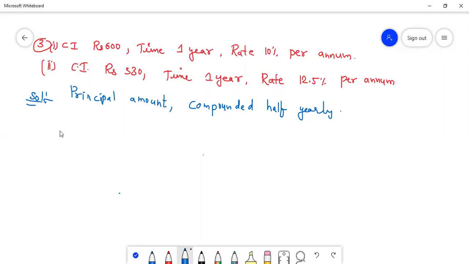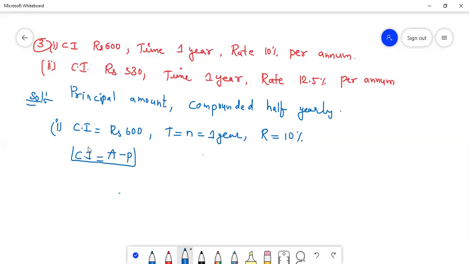Here, what they have given is compound interest equal to 600 rupees. The time period, let it be N, is equal to 1 year, and the rate of interest, denoted by capital R, is 10% per annum. The relation of the compound interest with the amount compounded half yearly and the principal amount is A minus P. Here P is the principal amount. A is equal to principal amount into 1 plus R by 200, whole power 2n,